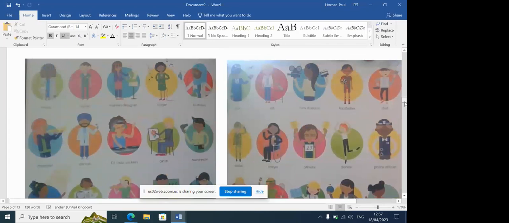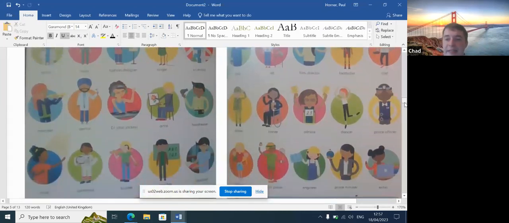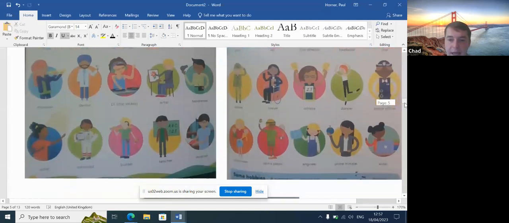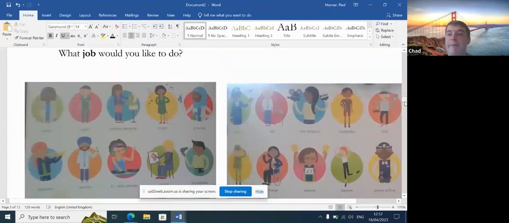An artist. Oh, okay. You've answered your side. You want to be an artist. Just hang on to that one because I'm going to continue on, because Tina needs to give me the job that she'd like to do. So pilot, vet, film director, footballer, chef, soldier, lawyer, athlete, dancer, police officer, childminder, tennis player, engineer, prime minister, and writer. So obviously these are not all the jobs because you could be a lumberjack or you could cut down trees. And there are obviously other job roles out there. So Tina, what job would you like to do?